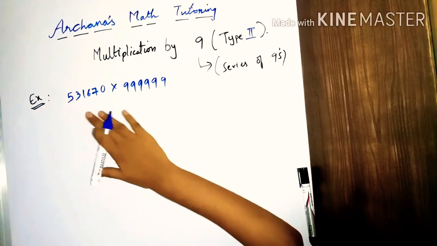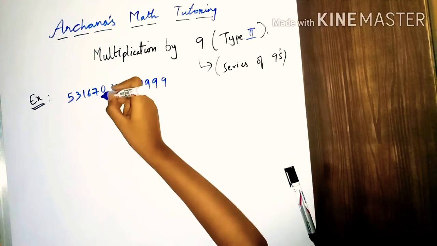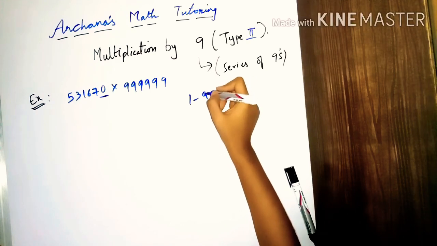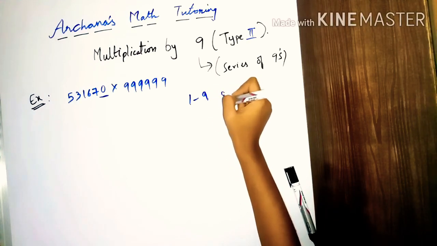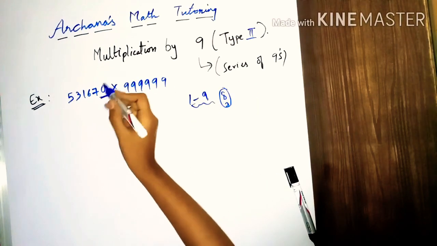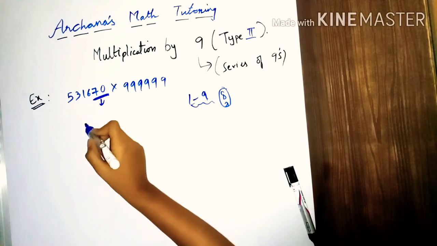So this is our given problem. You can observe one thing, that the last digit is zero. If you had numbers from 1 to 9, you would simply remove 1 and get 8 or 7, depending on the given number, but here you have a 0. So what do you do? Consider these two digits and remove 1 from them. So what do you get?